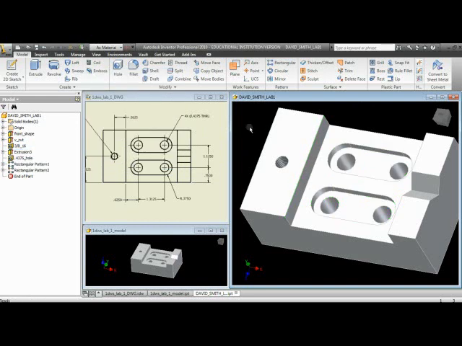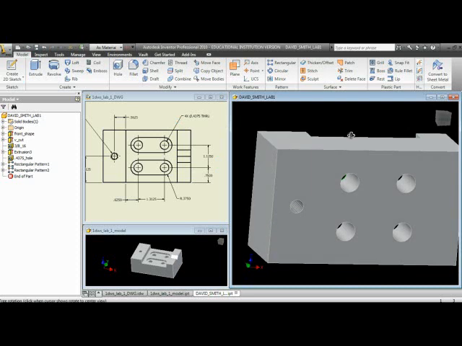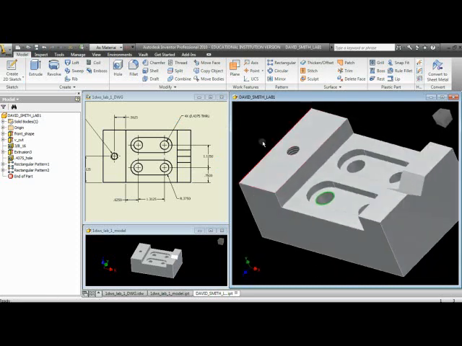The direction is going to be any line that goes vertical here. Not sure I got it. There we go. And it's going the right direction. You can see the arrow here. And I must